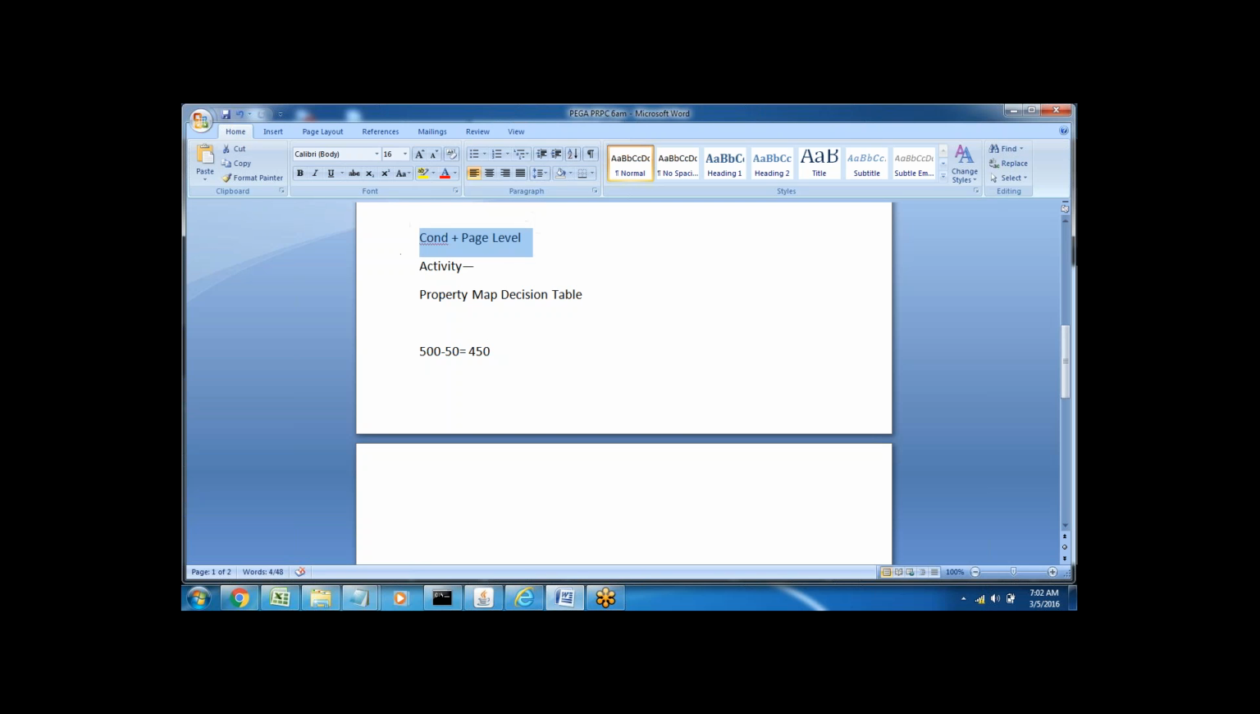plus page level expression. For calling the condition, the method name is property map decision table, and to define the page level expression, that is amount is equal to amount minus coupon code, is the expression we have to define. Okay, for that, anytime you want to define a page level expression inside an activity, we will use the property set method. Using the property set method we can define page level expressions inside an activity. These two methods we will use inside this activity now. In step 1, property map decision table, and in step 2, to define the page level expression, we will use the property